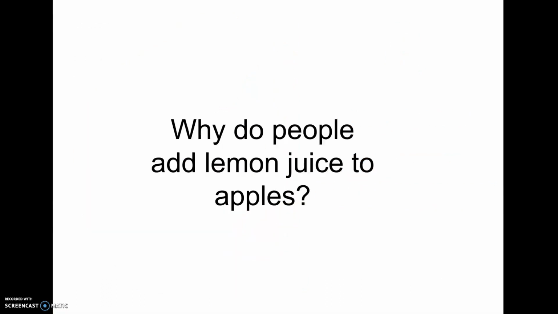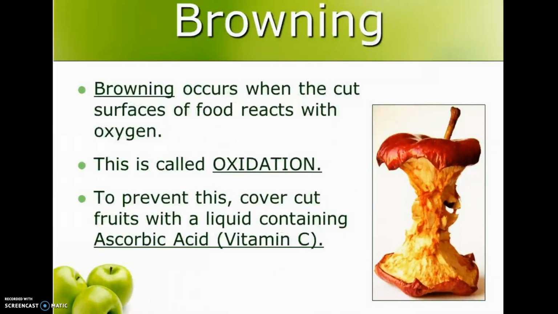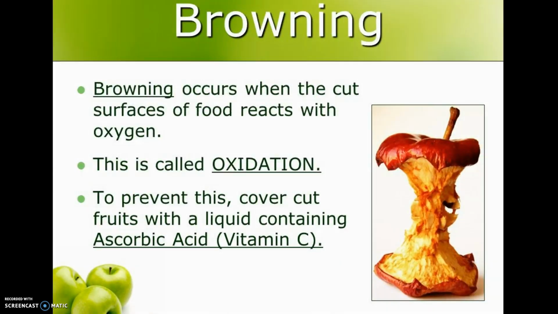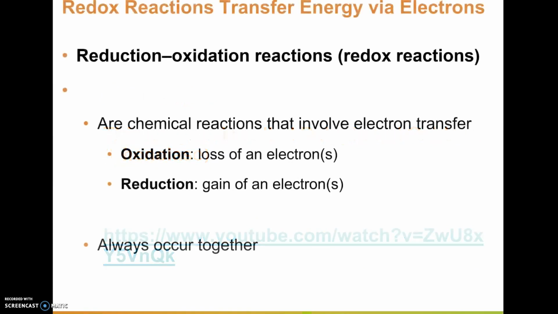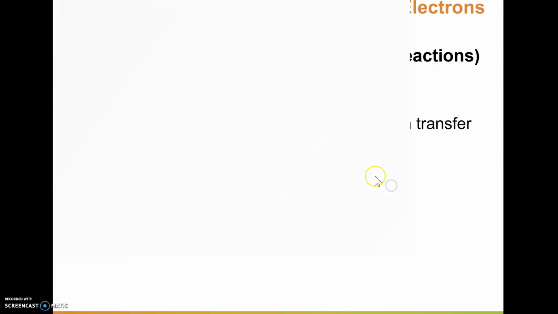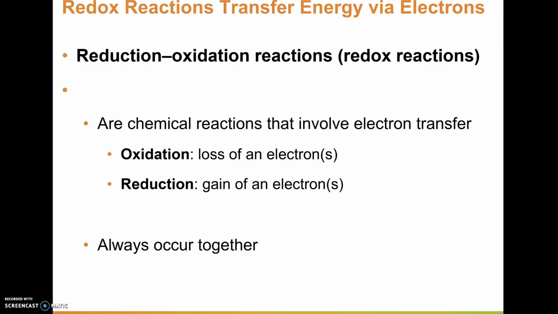I'm going to show you a demonstration of lemon juice and what it does to apples. We'll describe browning, and we'll talk a little bit about this enzyme. But where I want to pick up here are different reaction types, and we'll have a table that I'll pull them all together in the end. But let's take a look first at